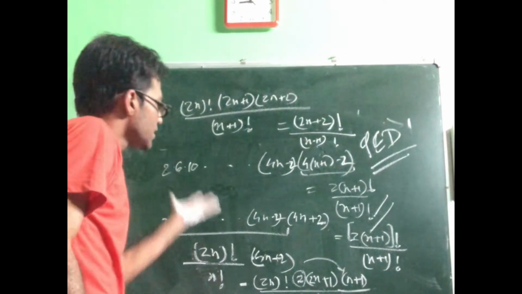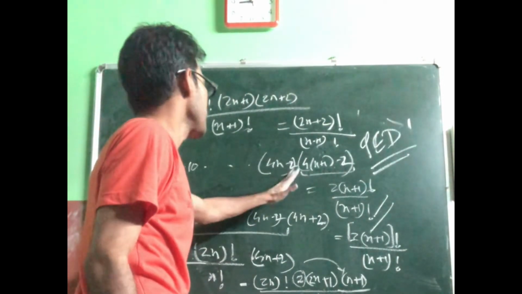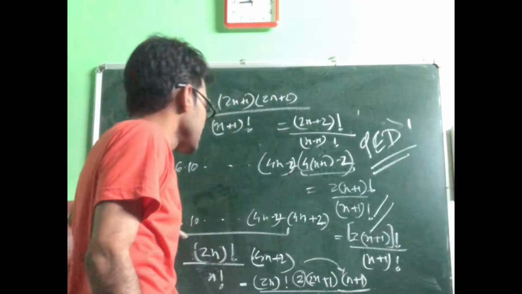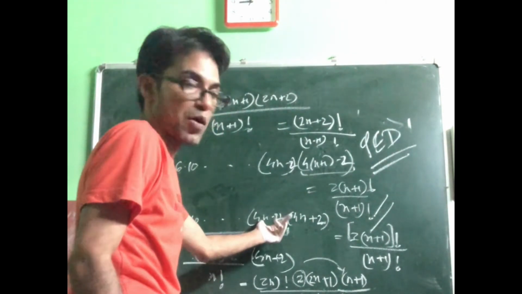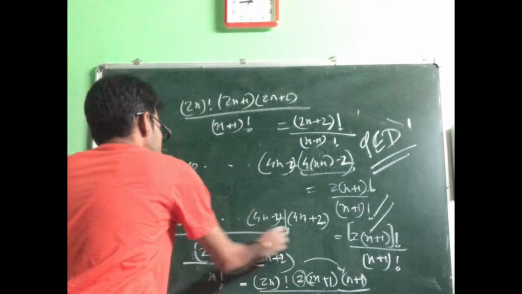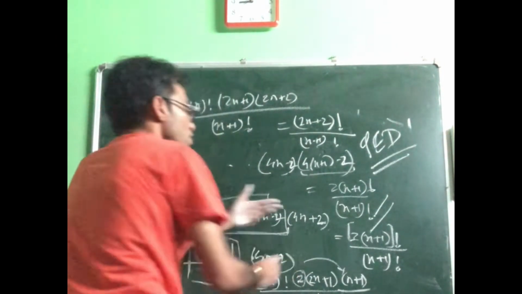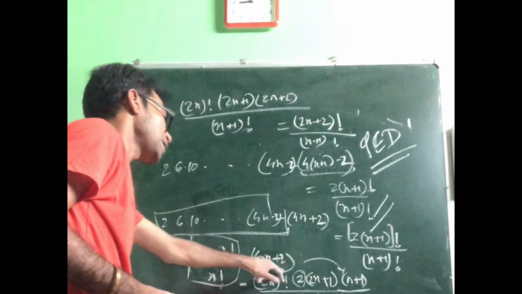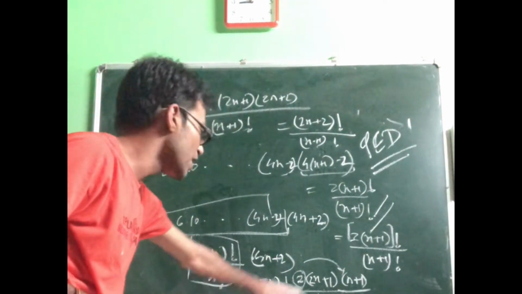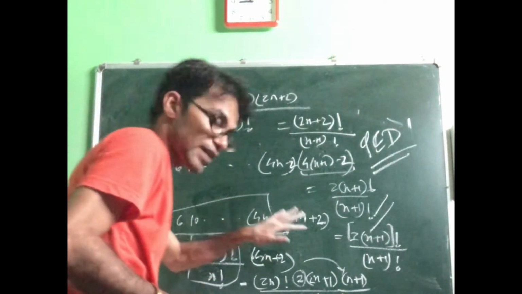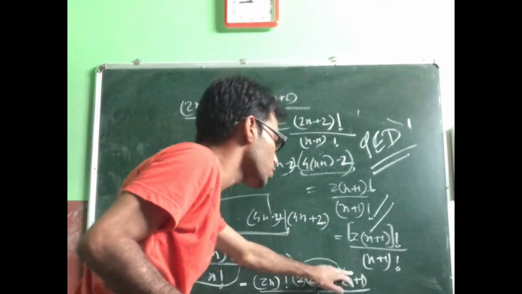So what exactly did I use? Nothing fancy. Whatever I have got here, I just kept it as it is. I wrote the next value, converting n into n plus 1, and then for this whole series using the induction hypothesis I wrote this value multiplied by the n plus 1 term. So whenever I multiplied it, I got this value, but then what I noticed is the manipulation I did is multiply n plus 1